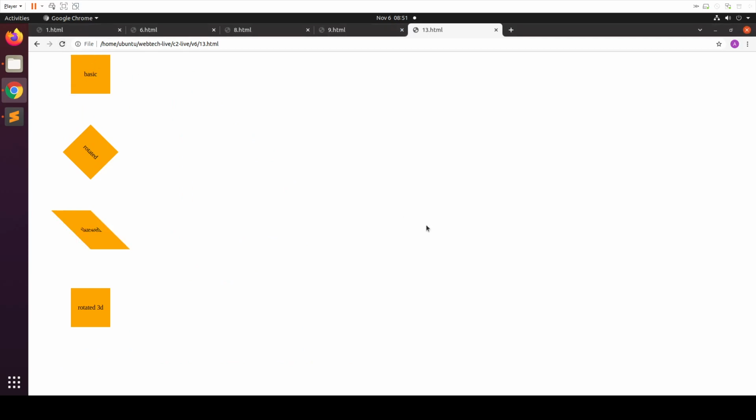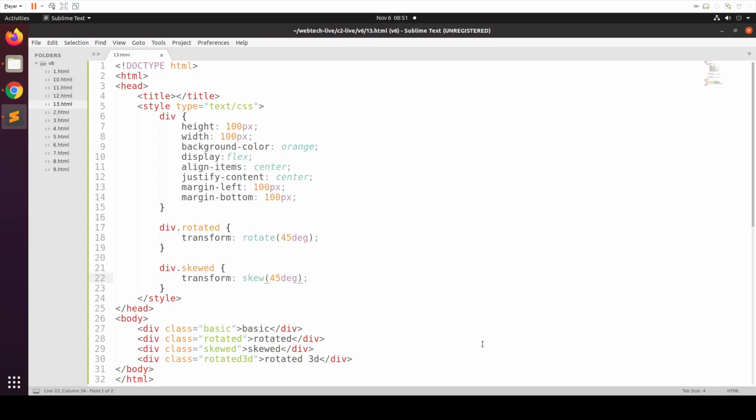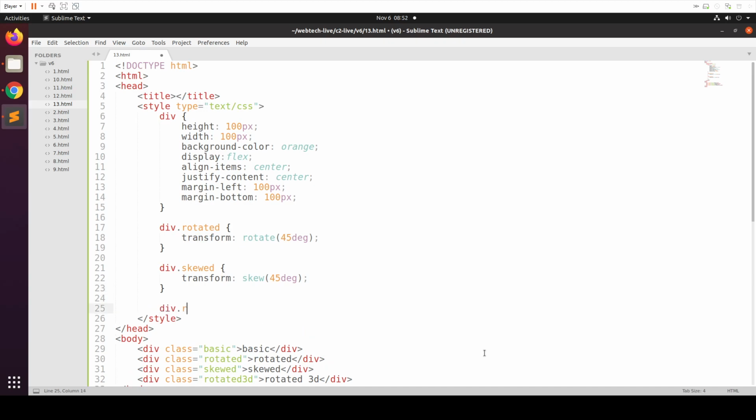Right. So I put this and rotate 3D. Now this one I'm going to have to take from somewhere because we actually have to calculate what's going to happen. So it is transform